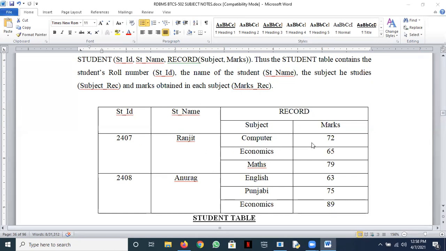Now there should be a single value here, but we have three values here for Ranjit: for subject computer 72, economics 65, math 79. This is what the repeating group rule says, that every row column intersection should have a single value. Can you modify this so that it obeys that second point? You should be able to.